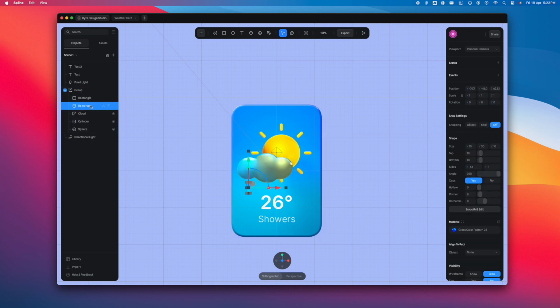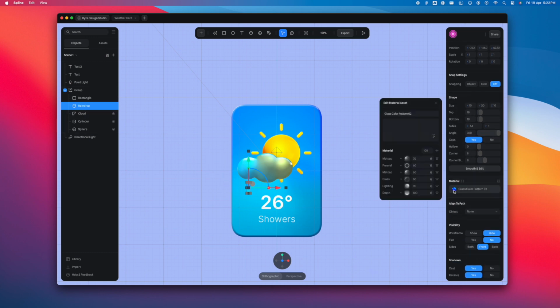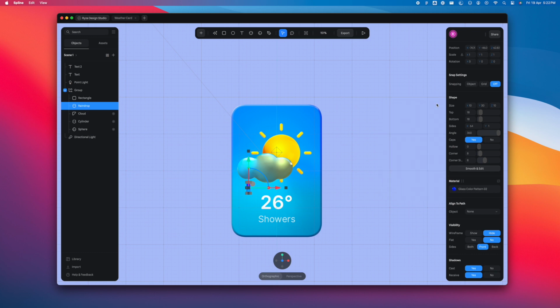So we select the raindrop from the layers, and I'm going to first go to material, and let's just go here. And I'm going to fix the color here so that it looks slightly better. So I'm going to change the blending mode to maybe multiply. So it's a little more visible and not merging with the background. You can change it as per how you like it. I'm going to close this now.